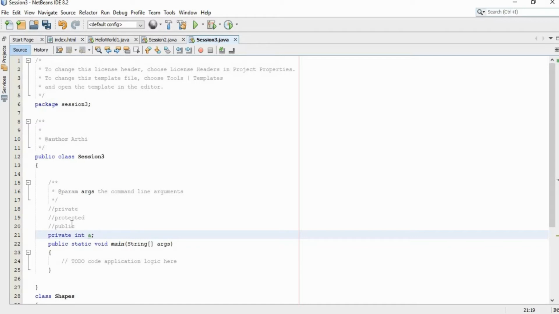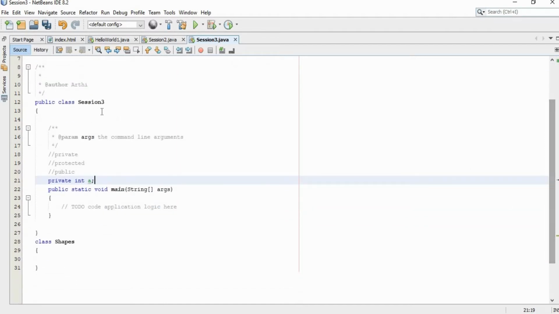Here I have created a variable of type int with the access specifier private. When we declare a variable with the access specifier private, that variable can be used only within that particular class. For example, here our class name is Session3.